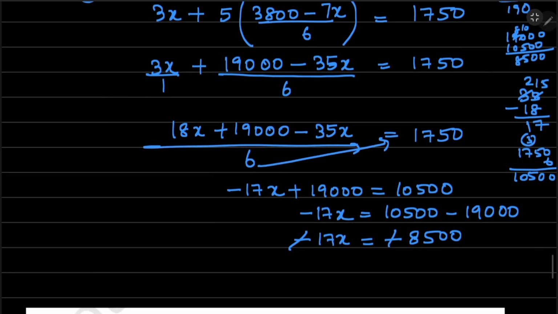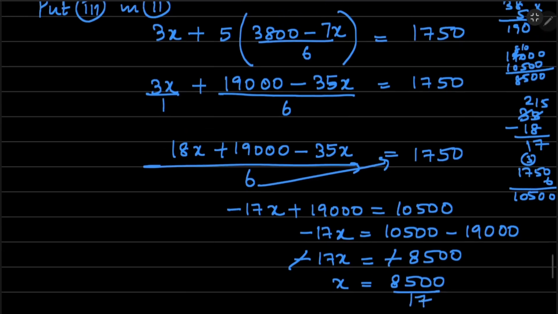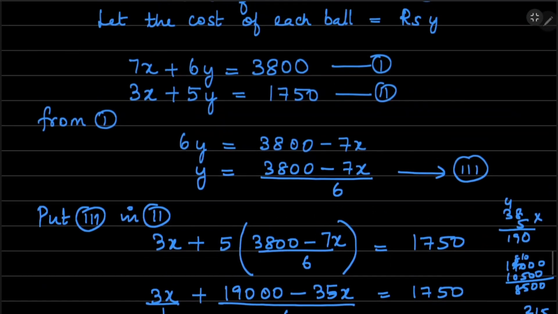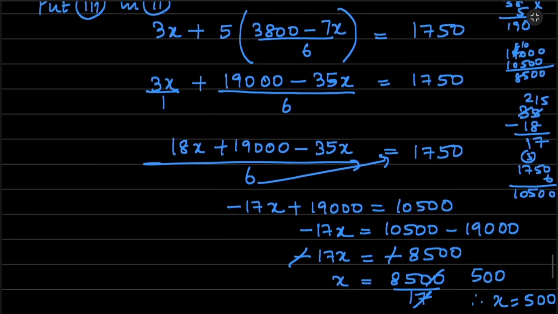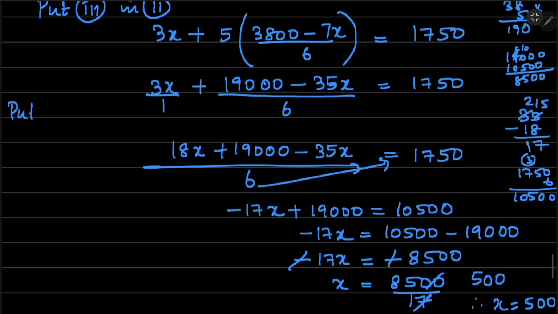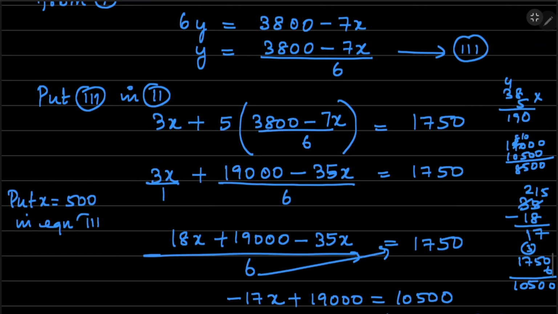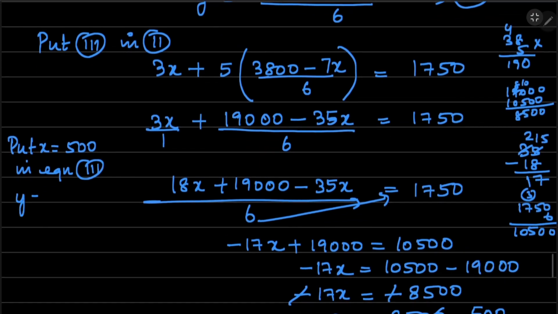Negative gets cancelled. So what is x equal to? 8,500 divided by 17. 17 5s are 85. So 500. Therefore, you get x is equal to rupees 500. What is x? X is nothing but the cost of the bat. Okay. Now put x equal to 500 in equation number 3. So what do you get? Y is equal to